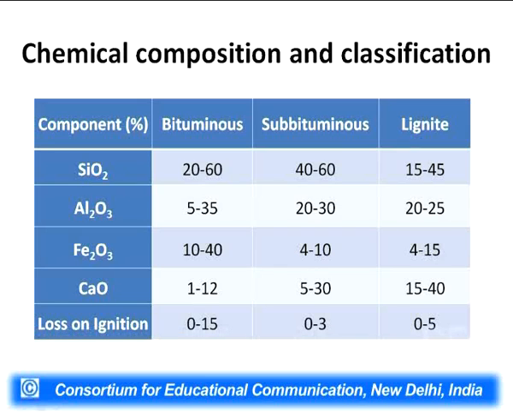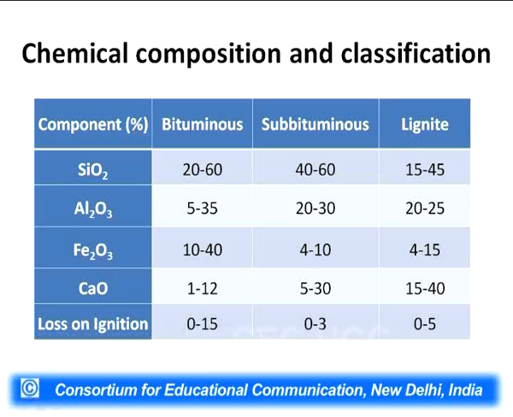How is this significant variation, 20 to 60%, possible? It's a matter to think about. This 20 to 60% is because of the age of that particular coal, how old it is. So, depending upon the age, this silica content or any other chemical component varies in a particular type of coal, and if the type of coal varies, then definitely the chemical composition varies. So, the major components are silica, which forms the major part of any type of coal, then aluminum oxide,